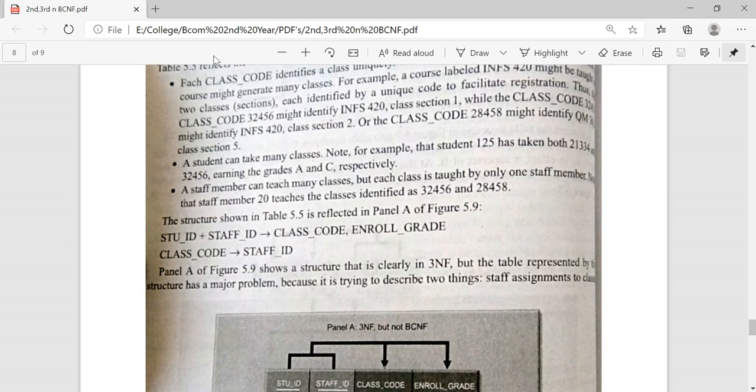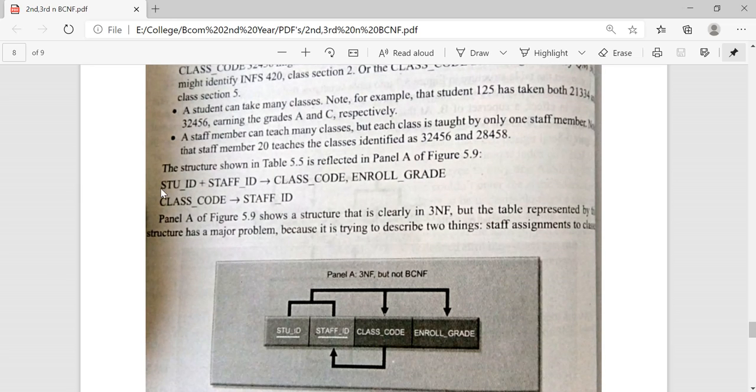So when we see all these conditions, let's see what the primary key of this table is. The primary key we first considered was student ID plus staff ID, which will determine class code and enroll grade, and we came to that conclusion. But here class code is determining the staff ID. So when you know the class code, you can find out the ID of the staff who is teaching that particular